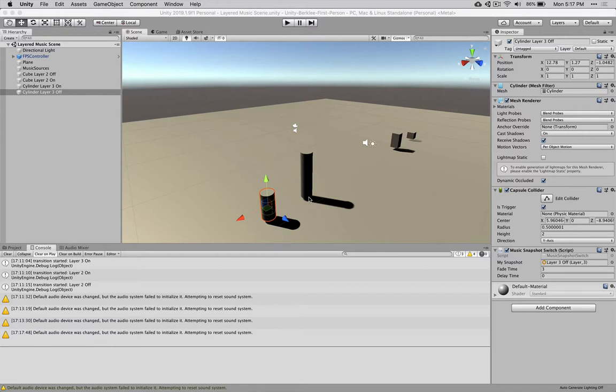Hi everybody. So in this tutorial what we're going to talk about are stingers. A stinger is a short musical phrase that plays over your current music. So what we're going to do is add three quick stingers to our project, and the first thing that we're